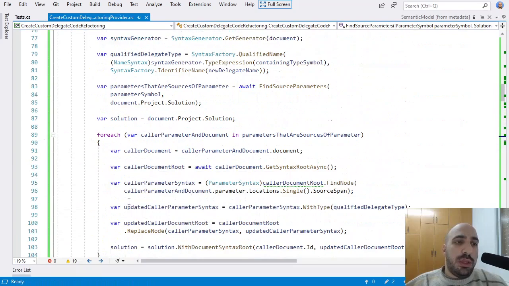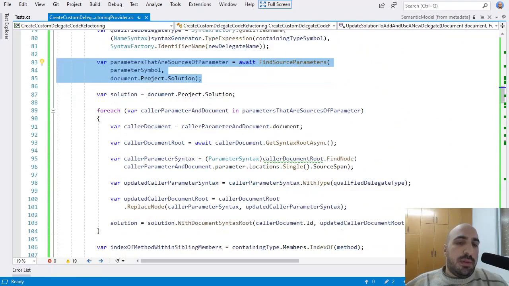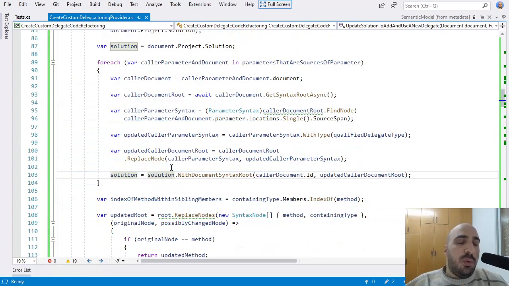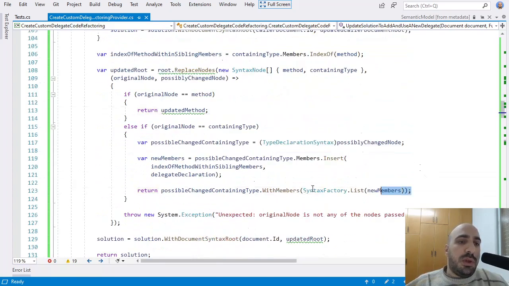So here what we are doing is we are finding the callers of the method, right? And then we are updating the callers here, right? And because in this test we have a caller in the same document as the parameter that we want to refactor, here we are making changes to that document, right? But then here when we want to add the new delegate and update the method that contains the parameter that we want to refactor, we are using syntax nodes from the old solution, right?